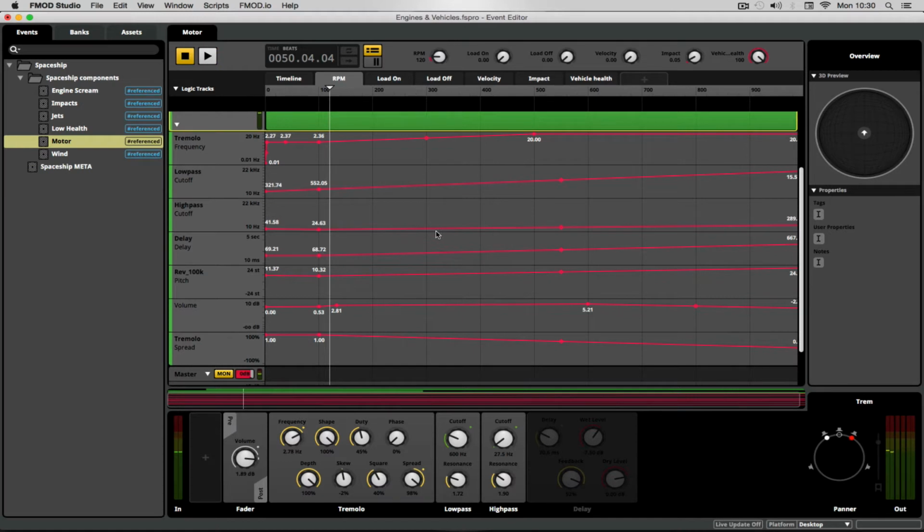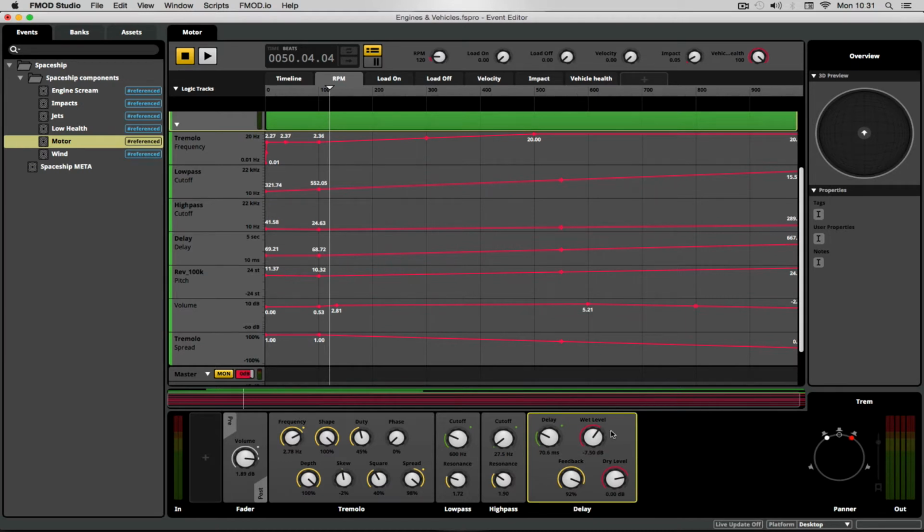So you may notice there that an artifact of this tremolo plugin is that when you automate the frequency, it sort of takes a little bit of time to catch up, as in it can't really smoothly automate that frequency. But I actually think this gives a quite nice sort of delayed effect, and so I've kept it for that reason. However, what I did do in order to sort of cover over it is to add in a pretty